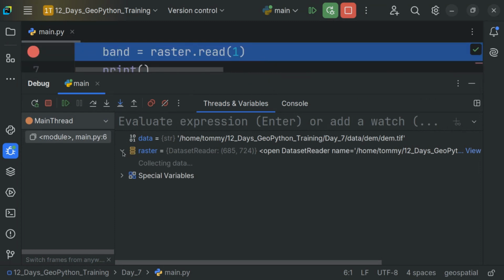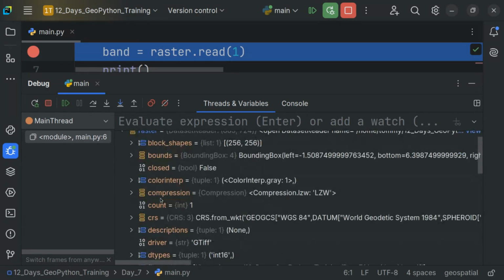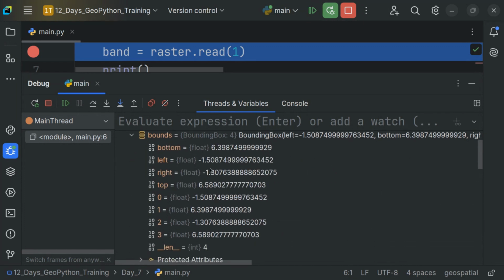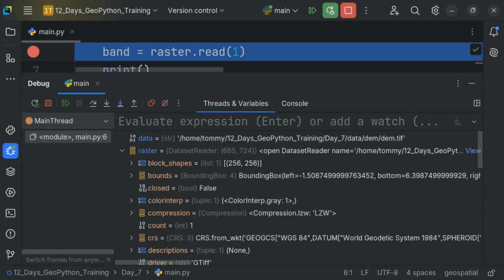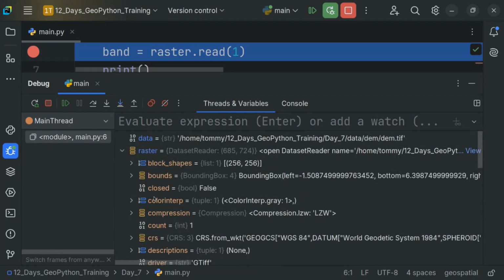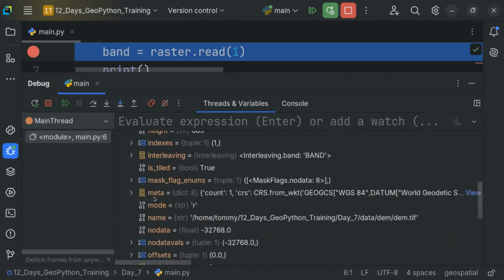And there's also one called raster. Raster is how I read my raster data. When I open it, I see bounds. I see other things like count. The bounding box, if I expand it, has coordinates. So all of these attributes, we call them metadata. We can access them in the raster. So what makes up the raster is this, the grid, the data itself here. And then I'm looking for one particular attribute called